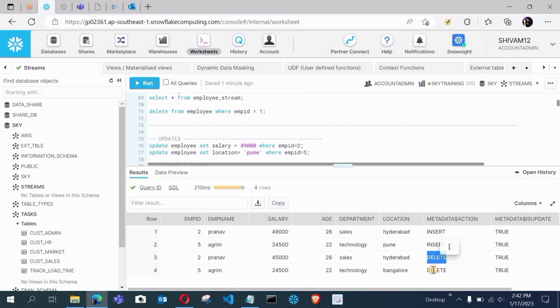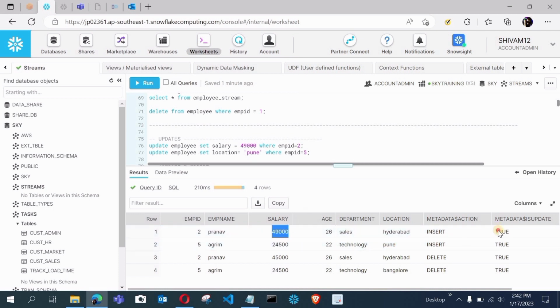First of all it is deleting the record from the table, and after that it is inserting the new record. So that's why updation is a combination of deletion and insertion. Whatever you do, first it will delete the old record from the table, and after that it will insert the new record. So metadata action is delete for the location and salary here, and insert here because it is inserting the new record for location Pune and salary 49,000.